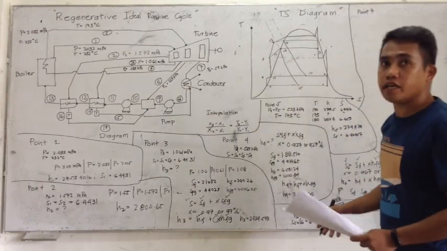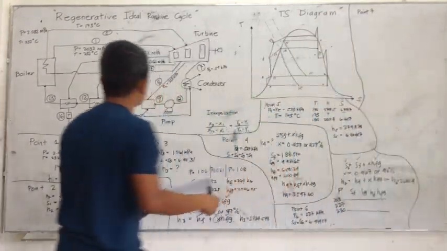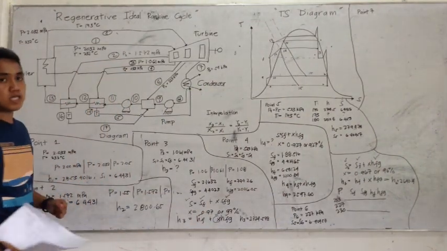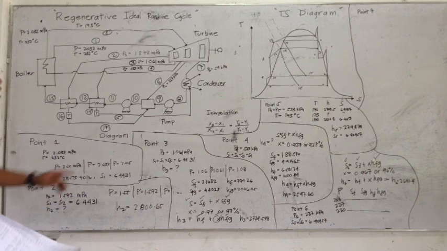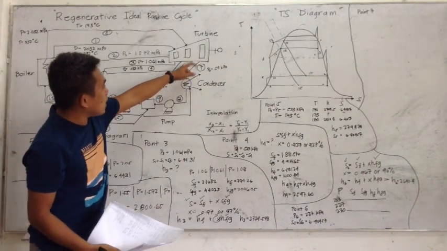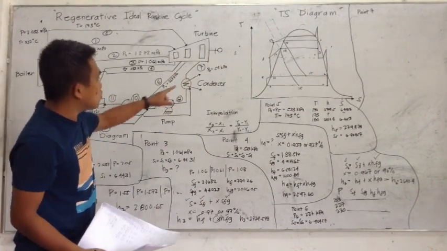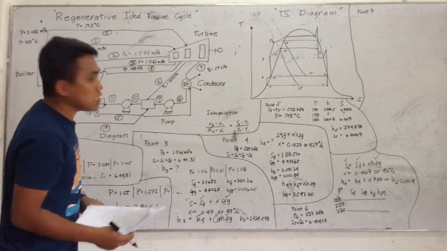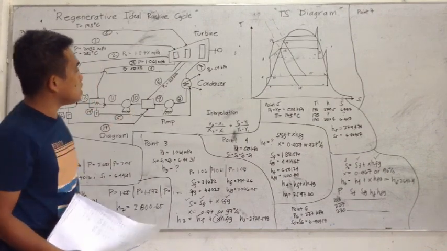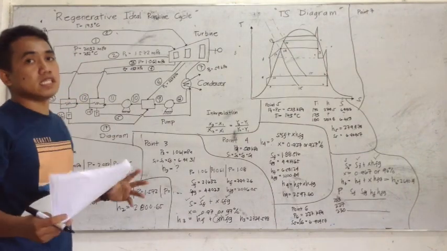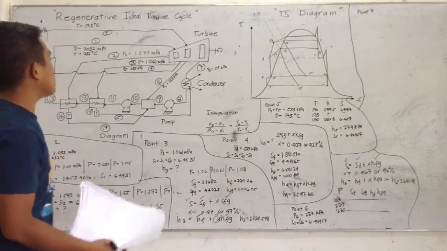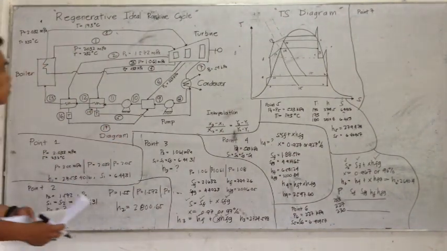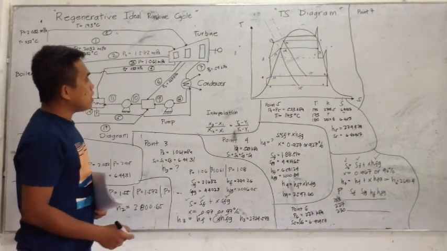As you can see in the diagram, the turbine develops high power, and by developing high power, it delivers into the condenser. At our first introduction, the condenser condenses the excess liquid water, delivered into the pump, directly into the boiler. So here, point 7,